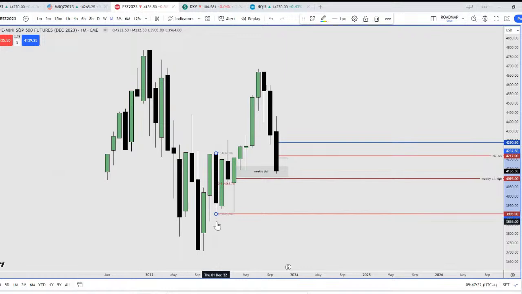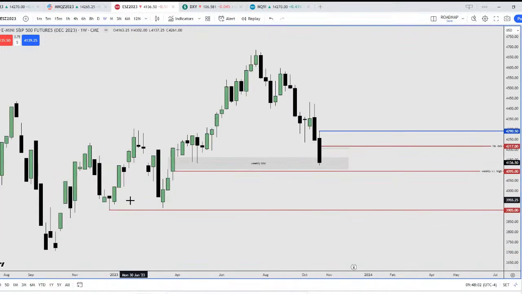All right. So I don't really want to see any closing prices on a monthly basis, if I am bullish, below this mean threshold, okay, which would come in right about at 4068.75. Okay, so monthly, these are the levels. I don't really have any monthly levels for ES except for this low here. This low here would be the weekly equal lows, right? The final objective for ICT's forecast for this year. All right.